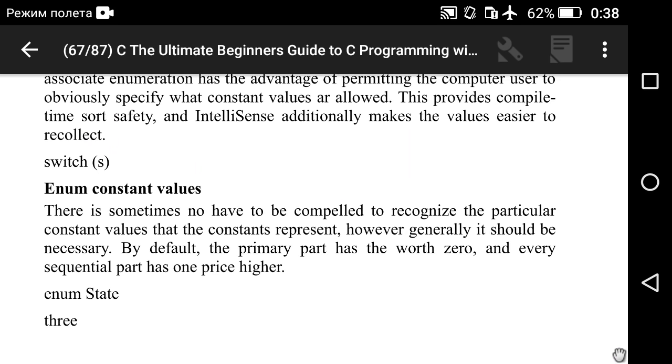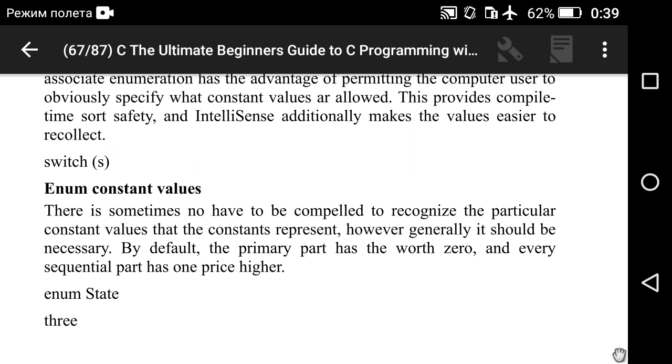Enum constant values. They sometimes do not have to be known to recognize the actual constant values that the constants represent. However, generally it may be necessary.